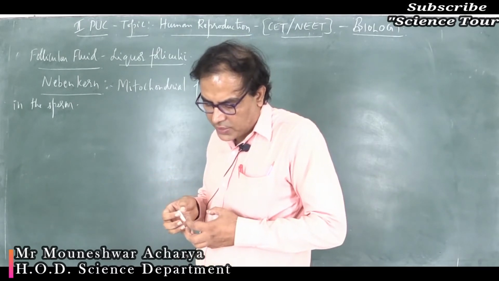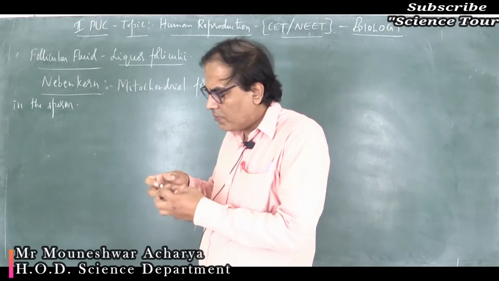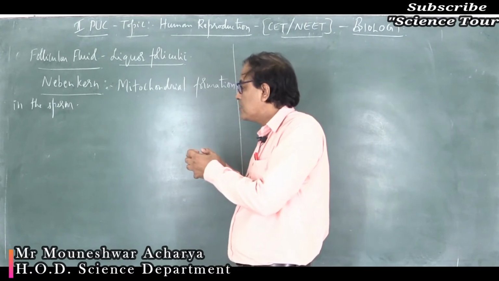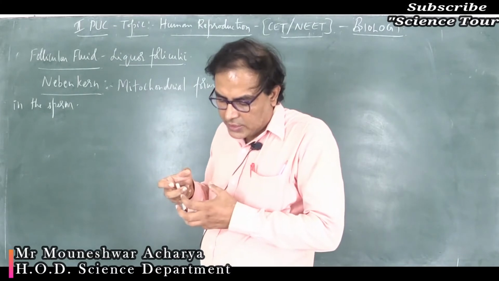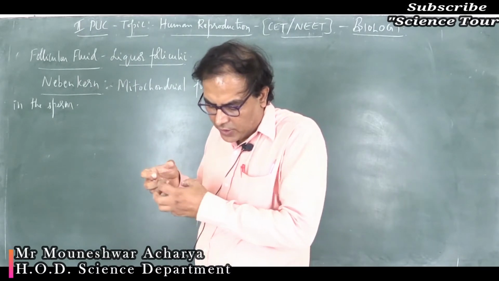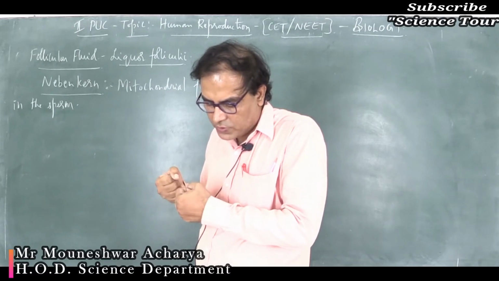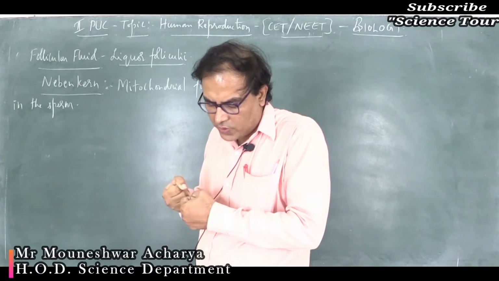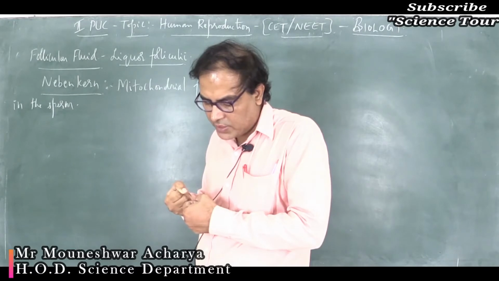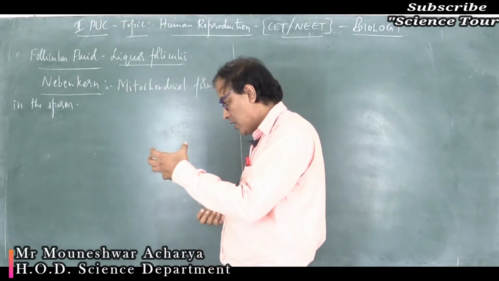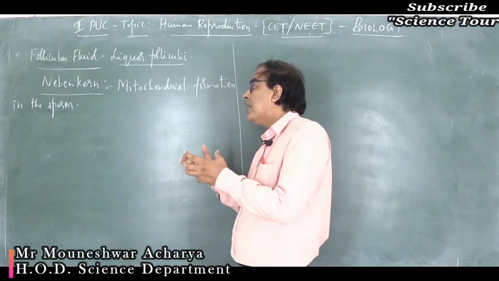It fuses together into two giant aggregates. So it is found near the spermatid mitochondria. The mitochondria of the spermatid collect on one side of the haploid pronucleus and fuse together into the two giant aggregates. So here you have to remember the mitochondria of the spermatid collect on one side of the haploid pronucleus. Mitochondria as well as the haploid pronucleus, they fuse to form a very giant aggregate.